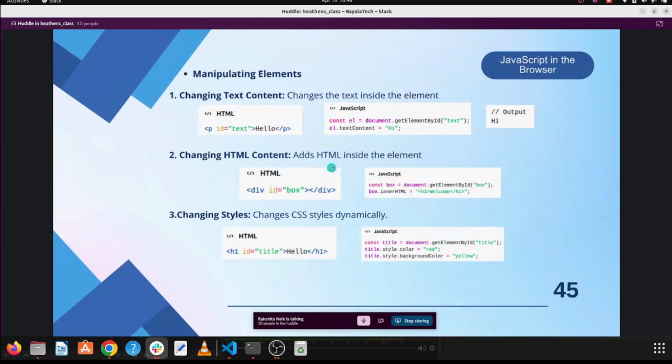So it will add the HTML inside the element. For example, here I have an empty element with the ID box. So I am using getElementById for box, storing it in the variable box. So I'm asking it to use box.innerHTML, in the sense I can add HTML content inside